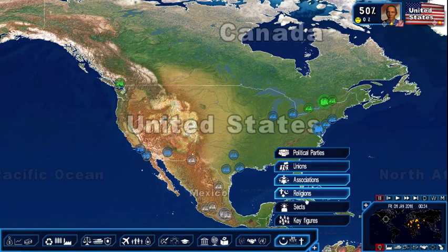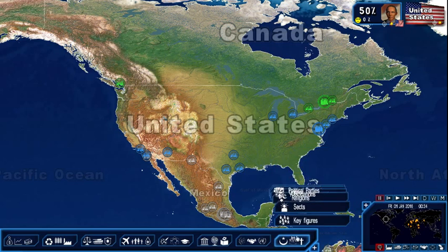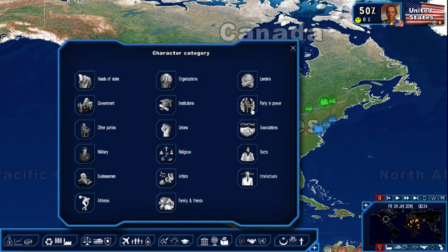A lot of what's going on in your country. Political parties, unions, associations, religions, and sects. These are all the different groups in your country that you have to deal with and appease. And then there's also some key figures in here as well. You have artists, businessmen, athletes, and these are all different people that you can meet and you can get things